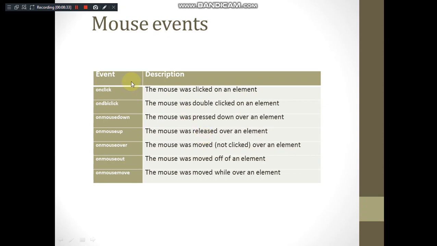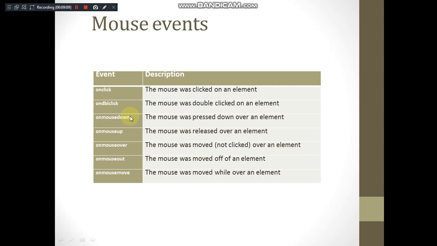With the mouse we are able to see all these events: onclick, ondblclick, that is double click, onmousedown, that is when you have pressed a mouse button and not released it, onmouseup when you have let it go, onmouseover when you have just placed the cursor over it, onmouseout when you have taken the cursor out of that, onmousemove when you are moving the cursor over it. So onclick involves two actions, onmousedown and onmouseup, right? Onclick is completed when you click and release it.